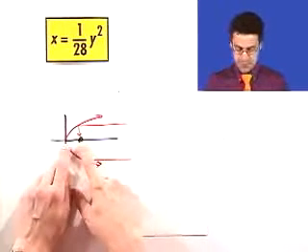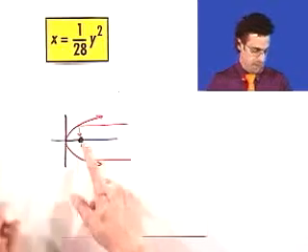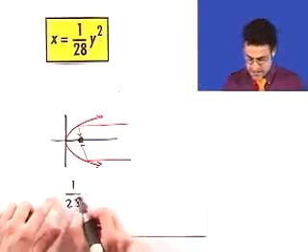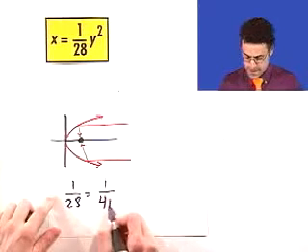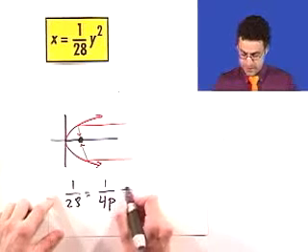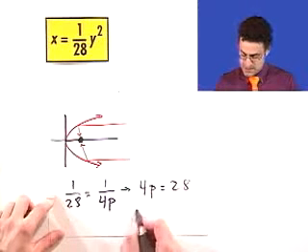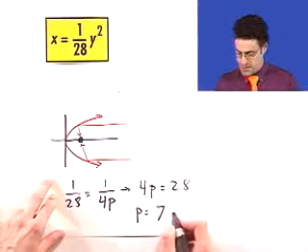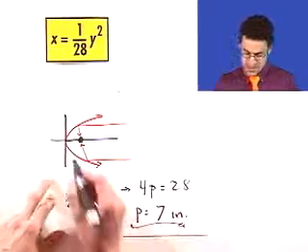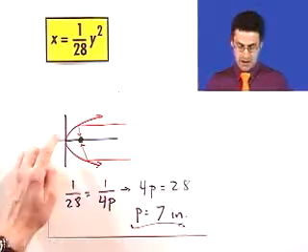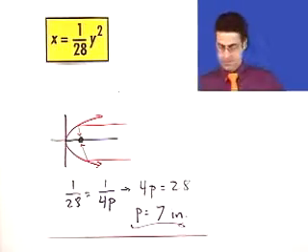Okay, anyway, the point is, how are we going to figure out where to put that? Well, we know that location is going to be precisely P. How do we find P? Well, remember, this formula tells me that 1 over 28 is going to equal 1 over 4P. I can now solve this for P, because if I cross-multiply, I see that 4P equals 28. And so I see P equals 7. What are my units? My units are inches. And so I see that I should put this little microphone 7 units to the right of the very turning point of this particular